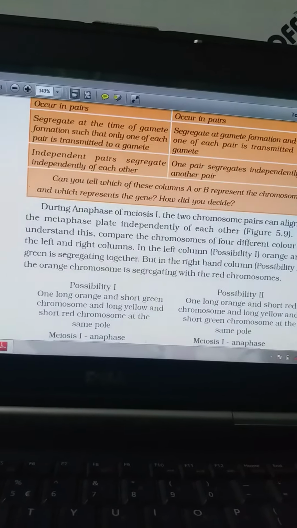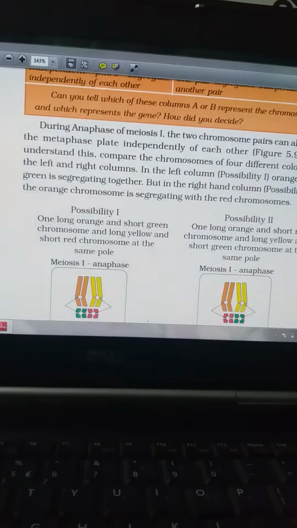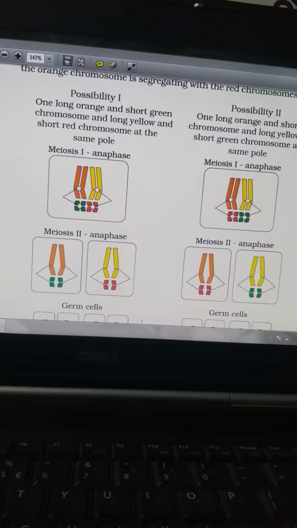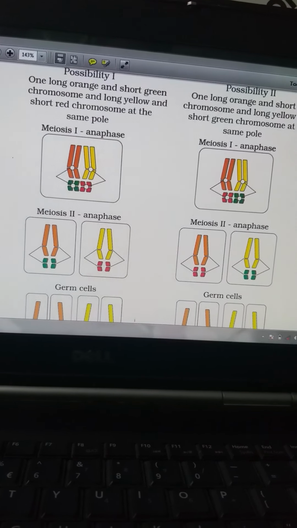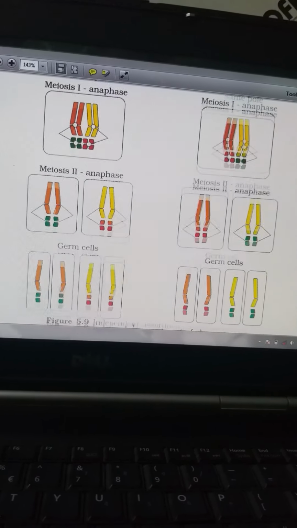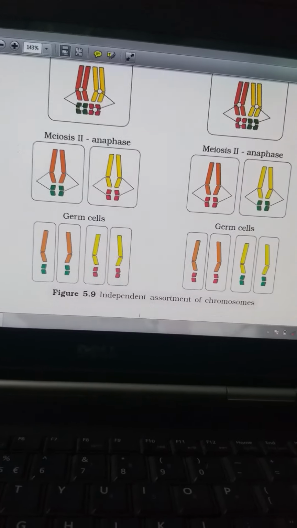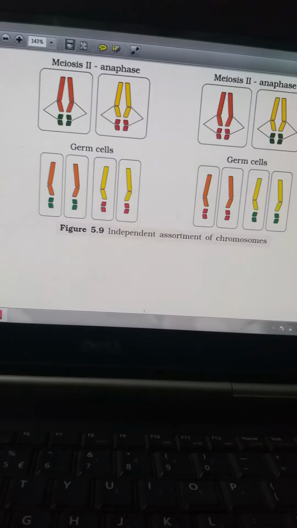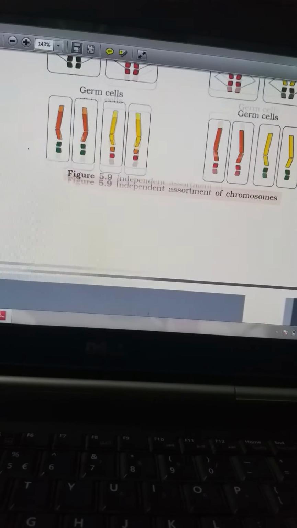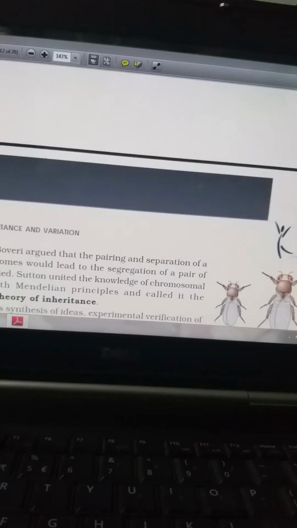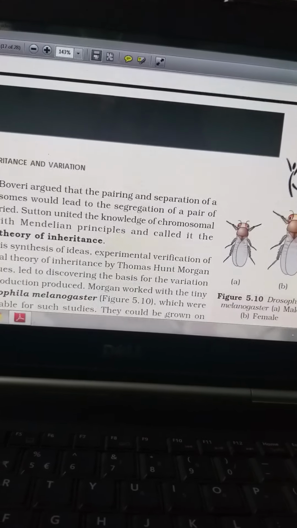Now where do you find it? It is the anaphasic movement. You have already seen in your slides, isn't it? Anaphase of meiosis 1 and meiosis 2, the movements are there, and these are the things behind independent assortment. You have to do this very nicely. Clear? So this is how the chromosomal theory works.